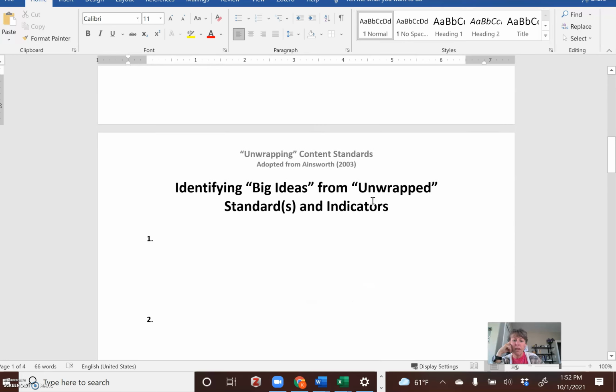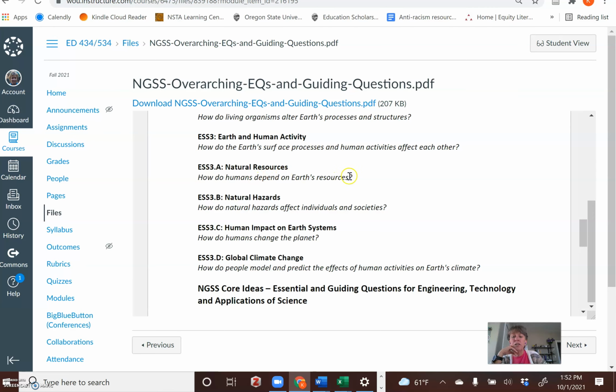So under our resources in Canvas, somebody has already done this part. The essential questions have already been outlined for each of the standards. So if you click on that link, you'll find that there are essential questions. They align with both the practices, the cross-cutting concepts, but also with each disciplinary core idea. So if you scroll down to, and you have to go down quite a bit to get to the actual high school ones, you will find that each one has an essential question. So you're going to take the essential question, you're going to put it in your